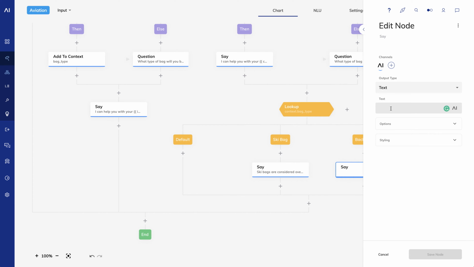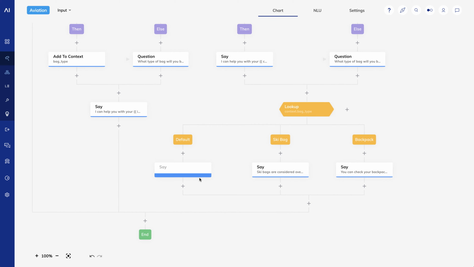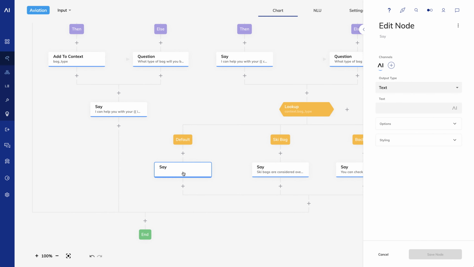Under the backpack branch, I'll say, you can check your backpack or just bring it on board. Under the default branch, I'll put another say node and let users know they can check one bag for free.